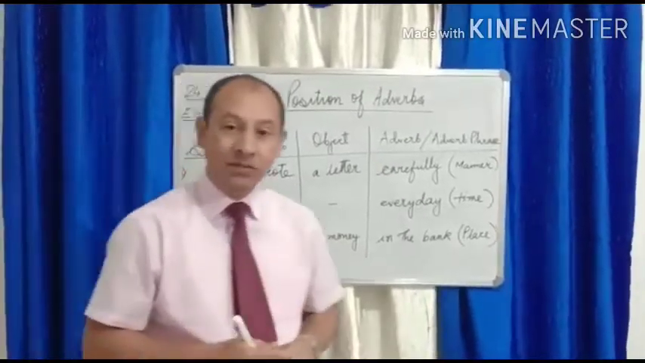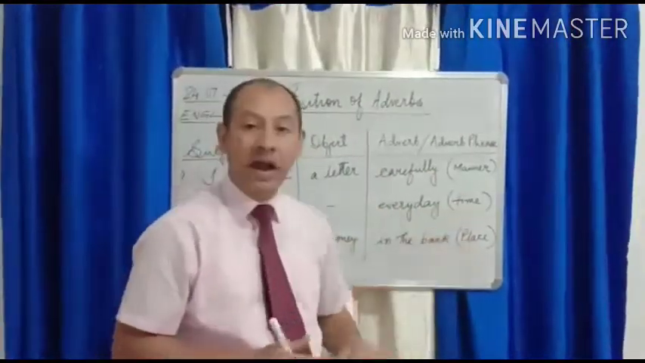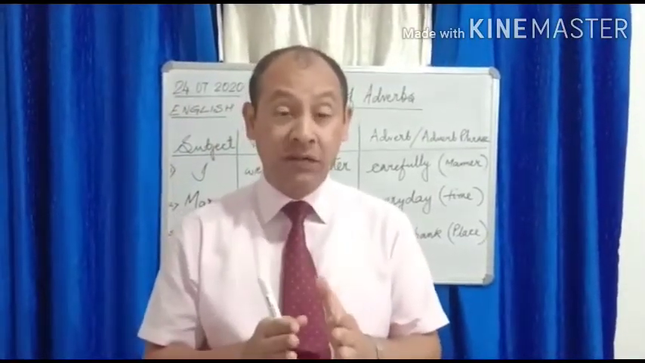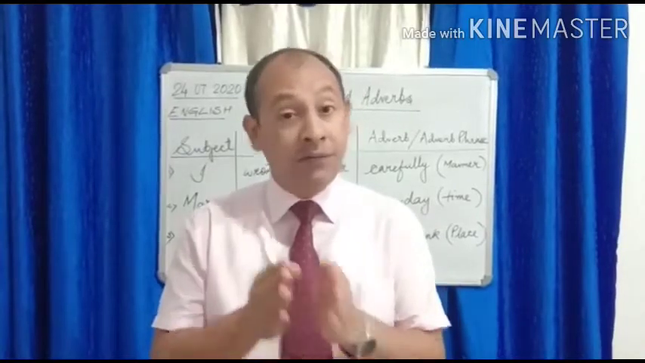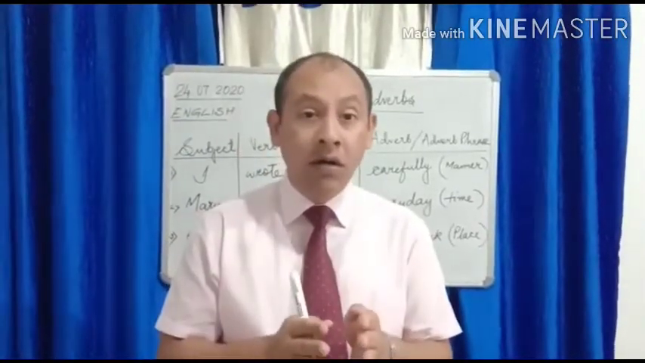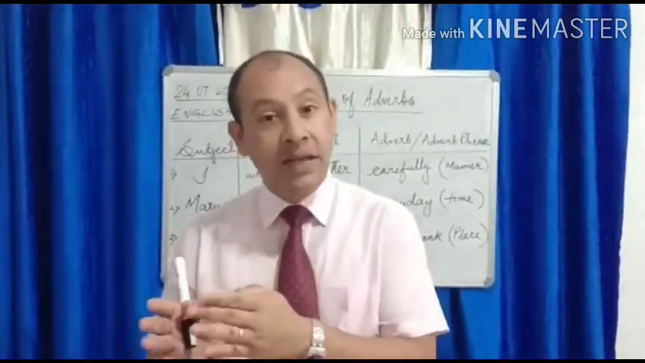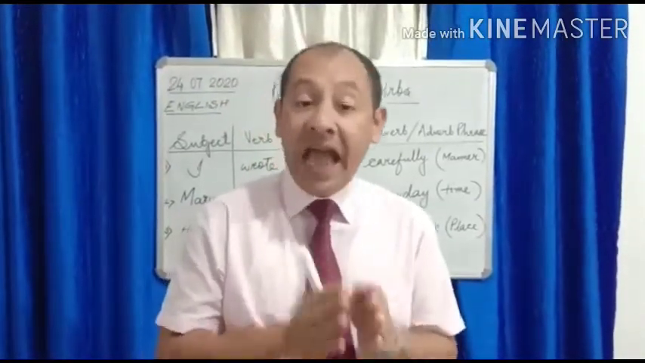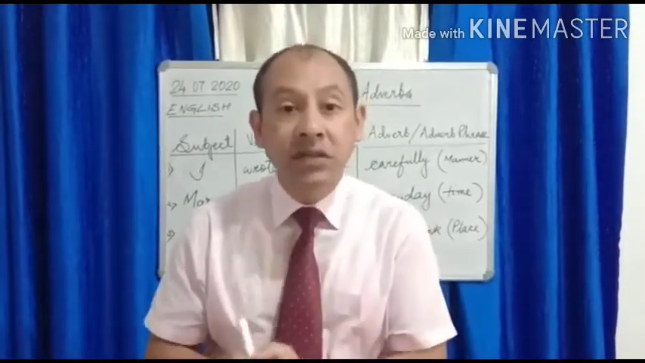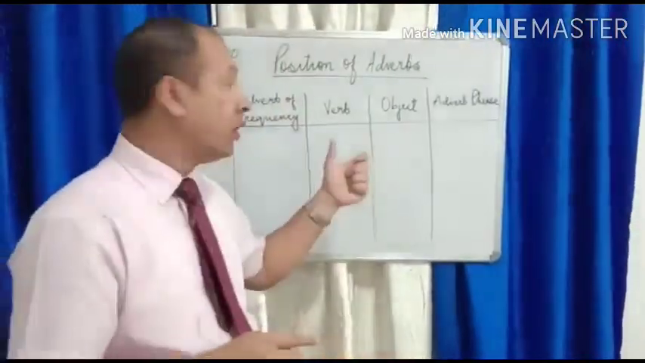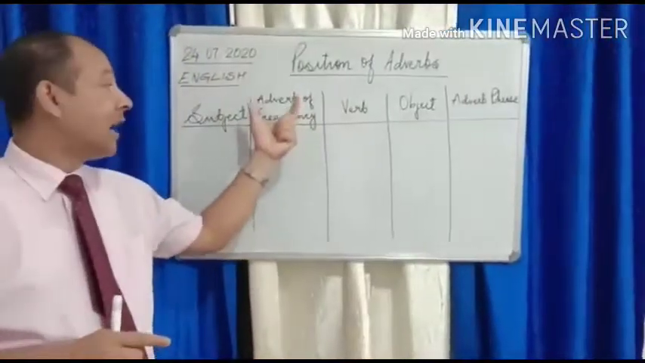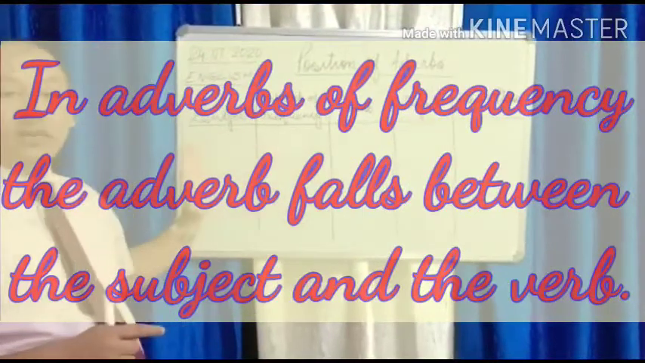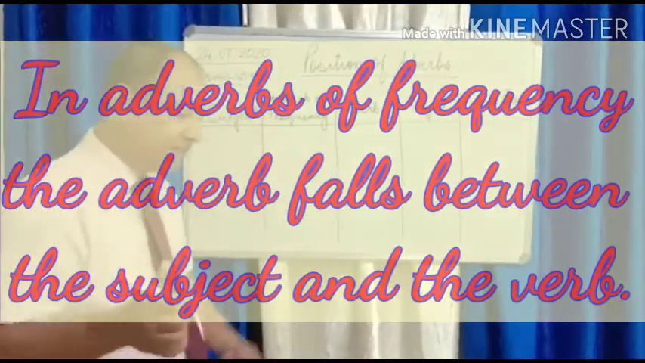So these adverbs, adverb of manner, adverb of time, or adverb of place, in most cases, the position of the adverb is either after the verb or after the object. If there is an object, the adverb comes after the object. If there is no object, the adverb comes after the verb. But now we are going to do another segment, adverbs of frequency, where it comes between the subject and the verb. Alright? For example,